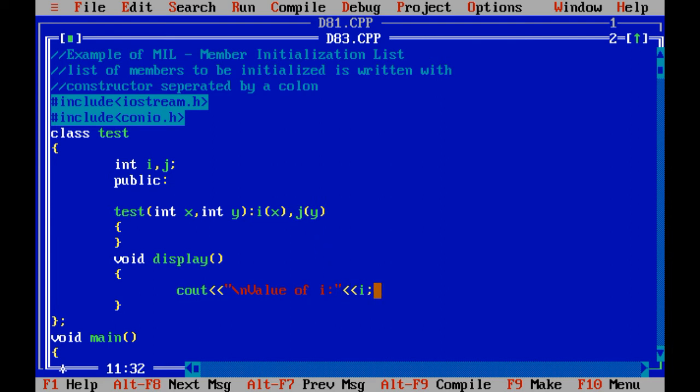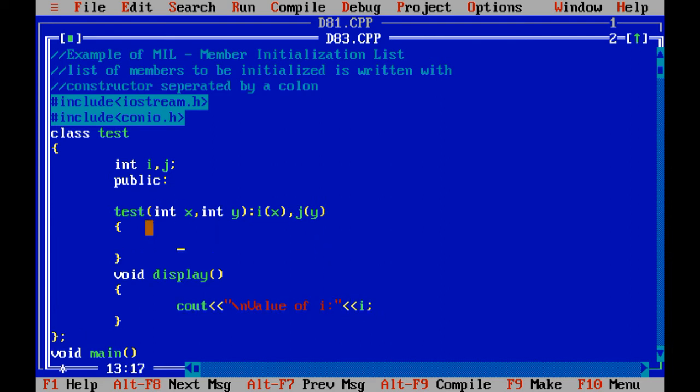Now I need to print one statement inside this. So cout \n constructor using MIL, that message I want to print, and this concept is known as member initialization list.